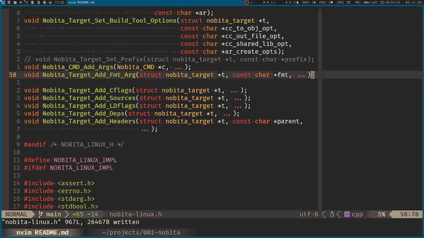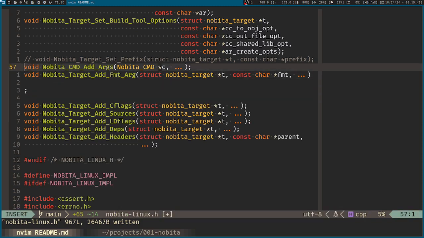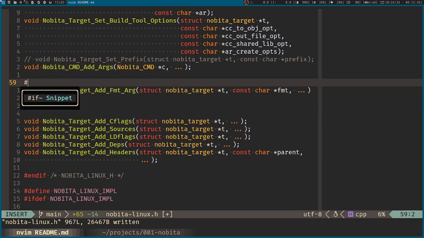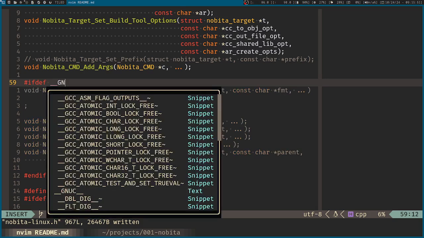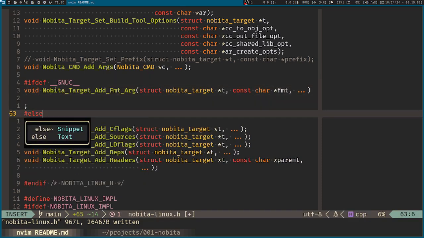Well, it would be printf style. So if I remember correctly, there should be something like attribute in the compilers that support GNU. So we have an ifdef here. If GNU C is defined, and if it's not defined,